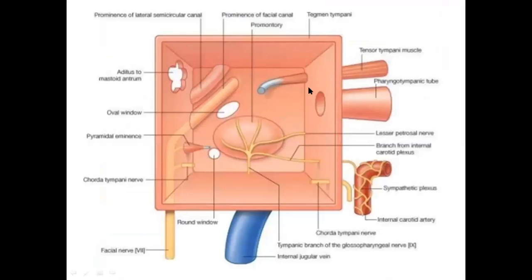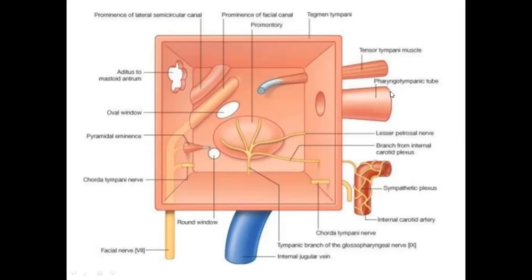This is the smaller canal for the tensor tympani muscle, and this canal moves on the medial wall and forms the processus cochleariformis, which is the pulley, then through the medial wall it inserts this muscle over the handle of the malleus, and it actually functions to dampen the sound waves. Okay? And this muscle is supplied by the mandibular division of the trigeminal nerve. So this muscle is supplied by the mandibular division of the trigeminal nerve. This is the tensor tympani muscle.